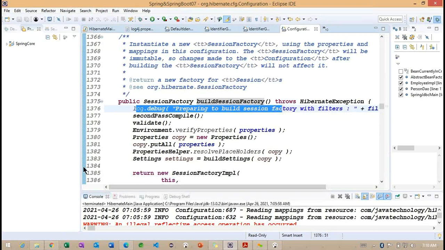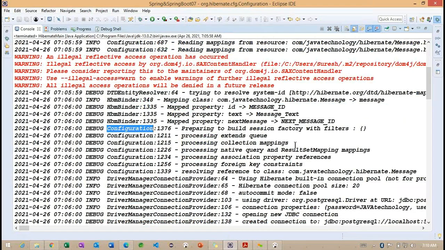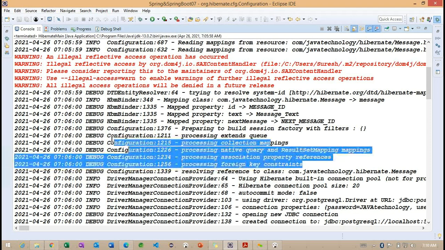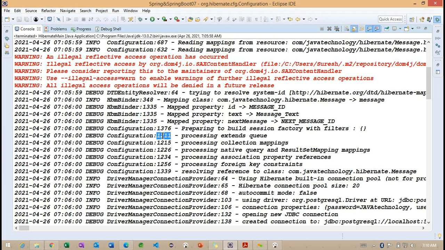Let me change here. So this is all about preparing the build session factory, and these are the internal details of this Configuration class. If we want to find out more information, we need to find this line number, which is available inside this Configuration class.